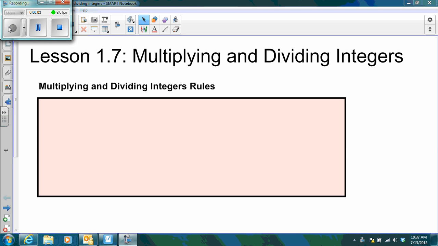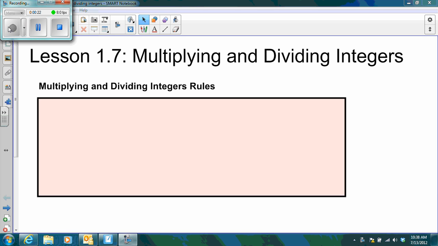Now that we know how to add and subtract integers that have both positive and negative numbers, it only makes sense that we learn how to multiply and divide integers that have negative and positive numbers. So there's a few important rules that you should include in your math rules notebook for multiplying and dividing integers,